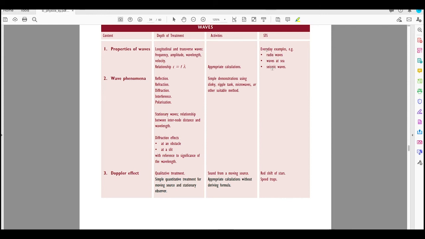Again, the syllabus mentions everyday examples: waves at sea, radio waves, light waves, seismic waves, earthquakes, things like that. They're waves as well. Okay, so with that, I think we just simply